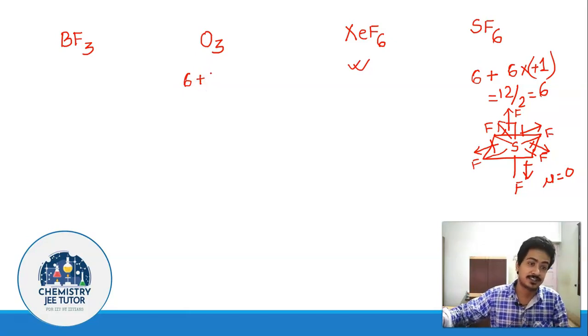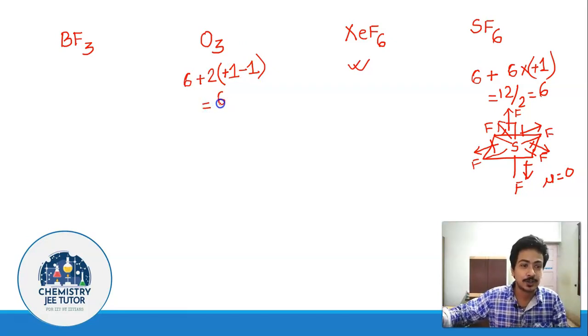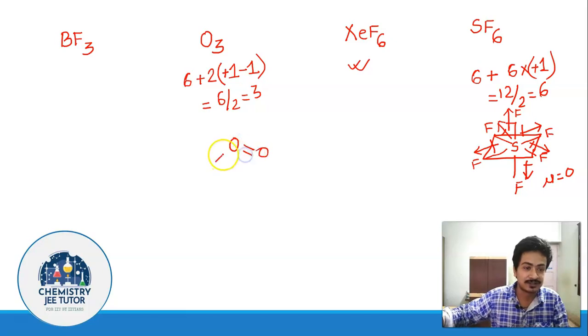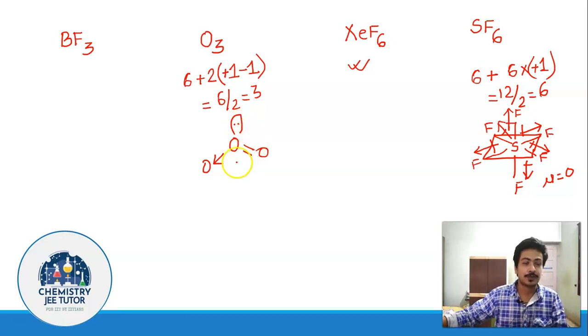Now there are 2 other oxygen atoms. You are going to put 2 here. So one oxygen is divalent, so it is going to be +1 for a sigma bond and -1 for a pi bond. I believe you have understood this. If you haven't, then please let us know in the comment section below. So this is going to be 6, 6 by 2 is 3, 3 is planar trigonal. So we are going to get a structure somewhat like this. If you haven't understood it, then please let us know in the comment section.